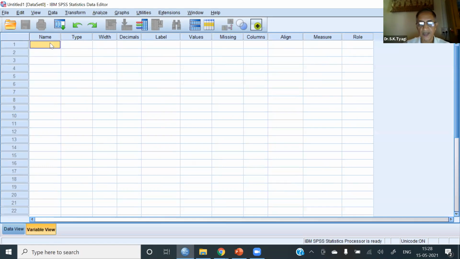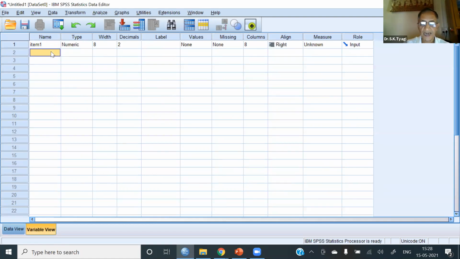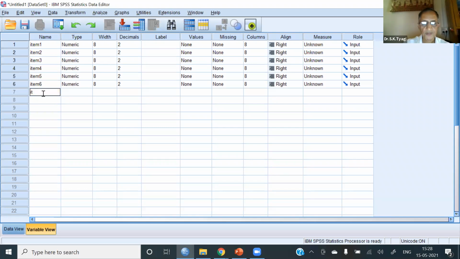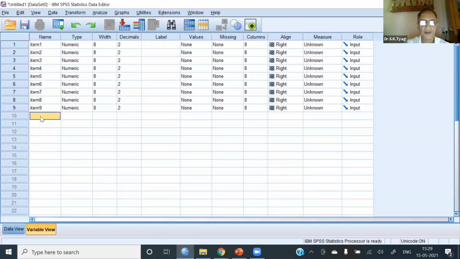My 10 variables will be item 1, the first item; item 2, the second; item 3, the third; item 4, the fourth; item 5, item 6, item 7, item 8, item 9 and item 10.